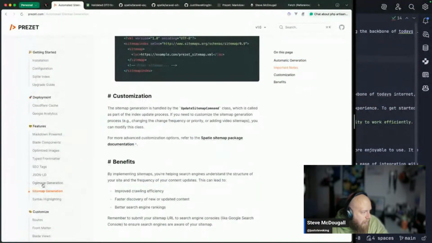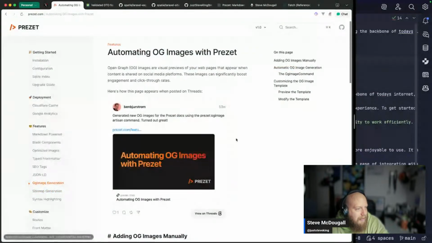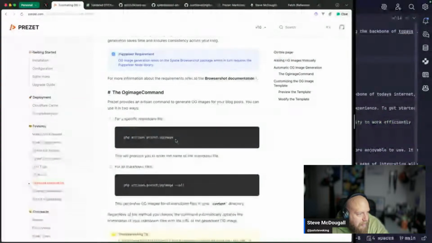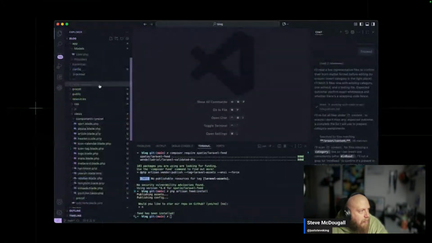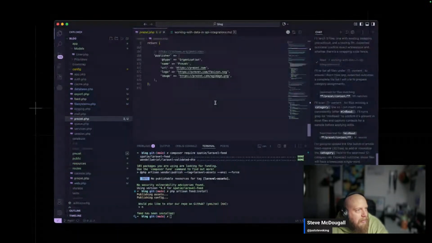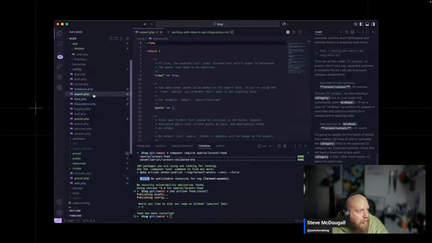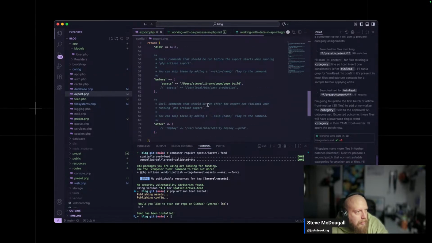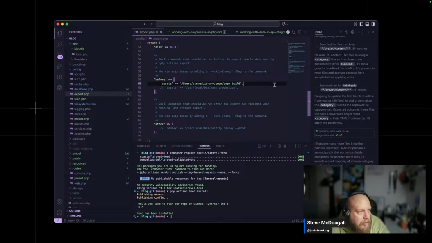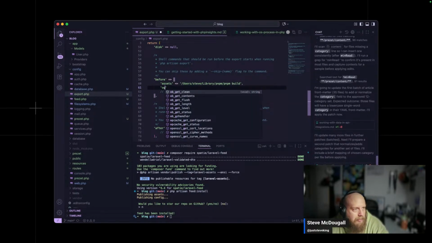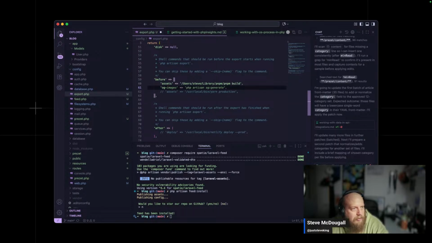So it's got a lot of things out the box already, like all of these OG image generation things for all Markdown files. So we could actually go through to our config over here, and on the export, actually, on the before OG images,